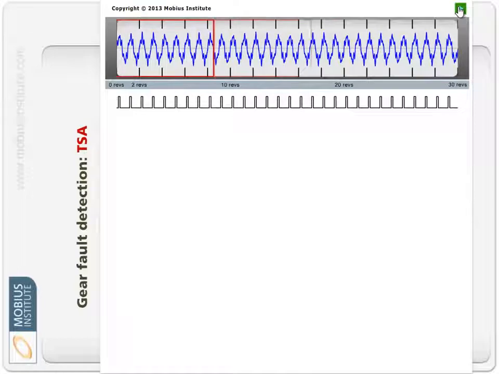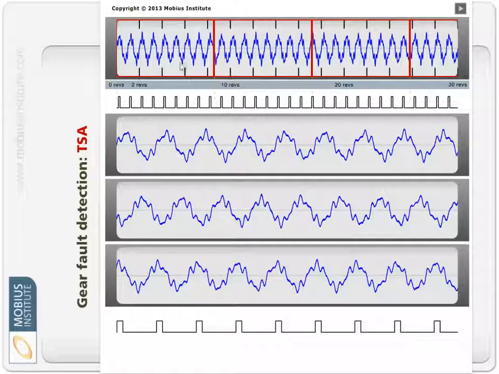Now, when the analyzer normally works, what it does is it grabs a chunk. It might be 1024, 2048, 4096. It just depends on your number of lines of resolution. It's going to grab a chunk, take that out, and do the windowing and calculate the spectrum. It's then going to grab another chunk. Now, what I'm illustrating here is no overlap, but the point is the analyzer just keeps on